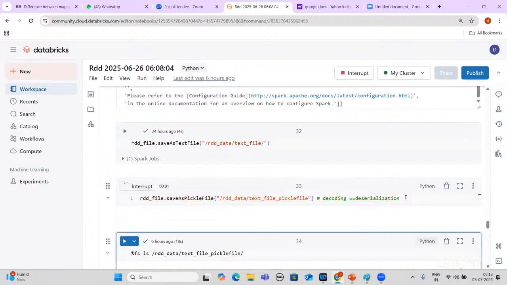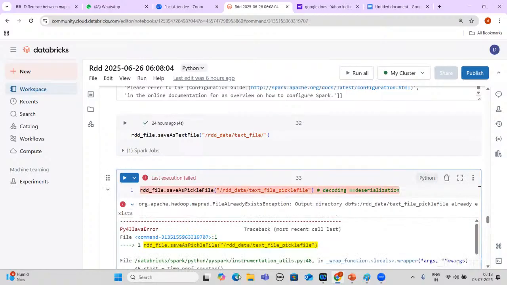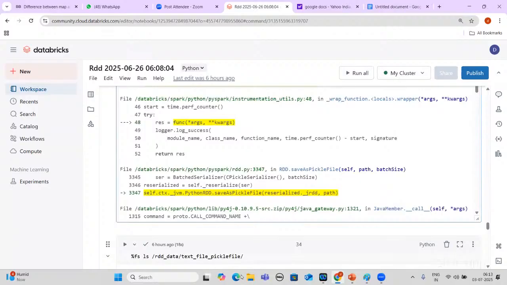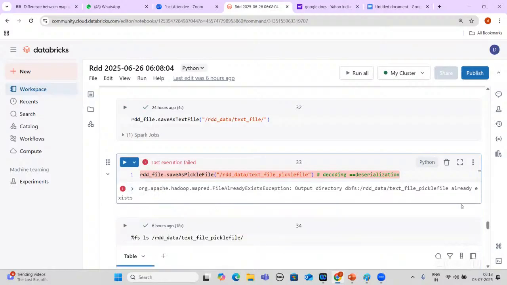It will throw an exception because, as you can see here, the RDD data text file, pickle file, already exists. That's why it is not creating.